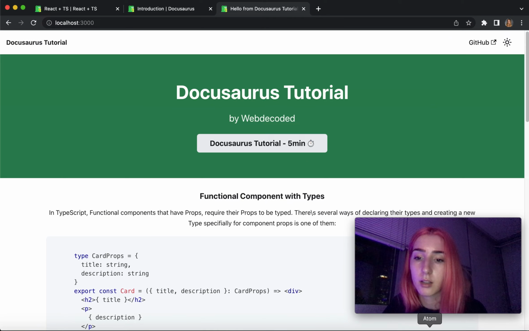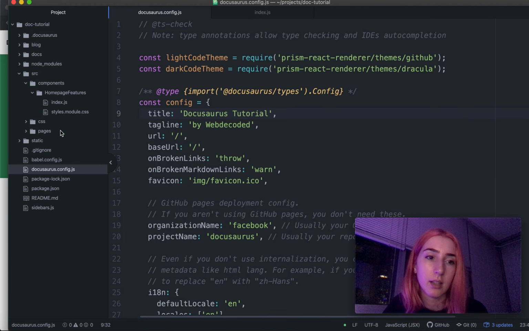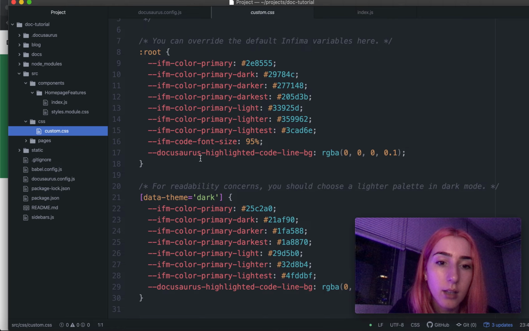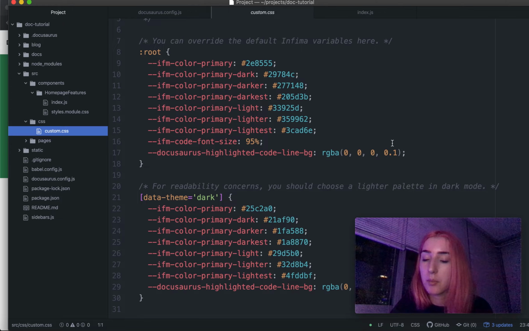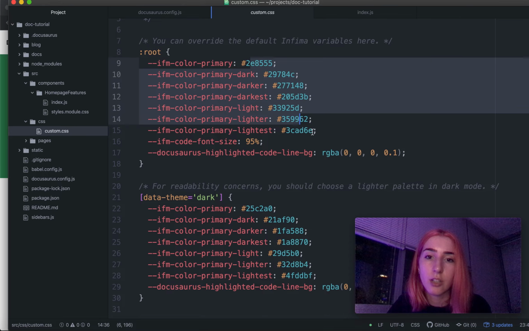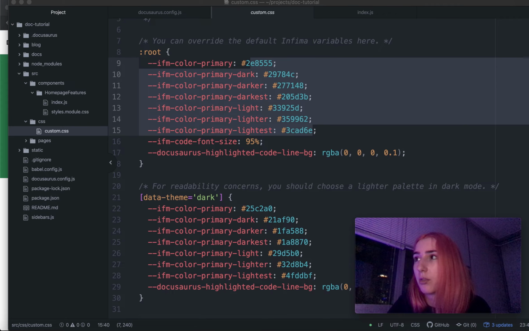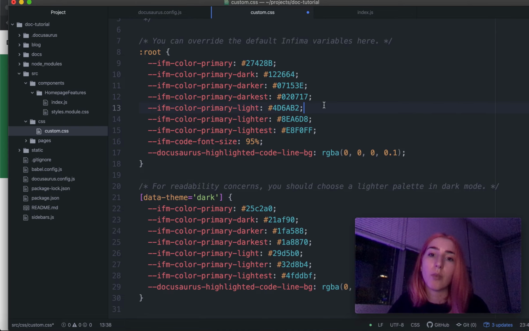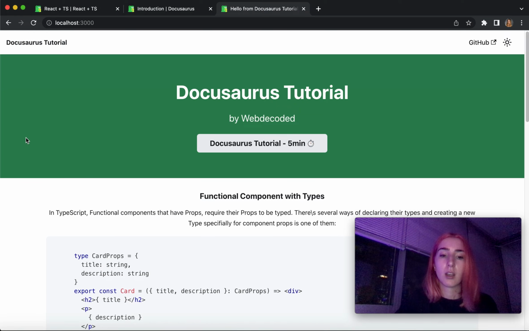For changing colors, or just in general any CSS, we can come to this custom CSS. If we create new components, give them names, and want to add styling for them, this is where we declare the styles. For changing colors, I changed mine to blue colors, and this is the color palette it's using, the 7 layers of it. So we would just update this color, and the way I generated these 7 different shades of colors was going to this website, which is called,